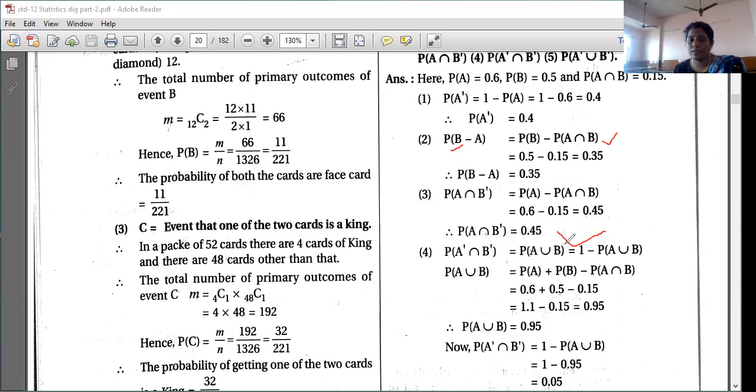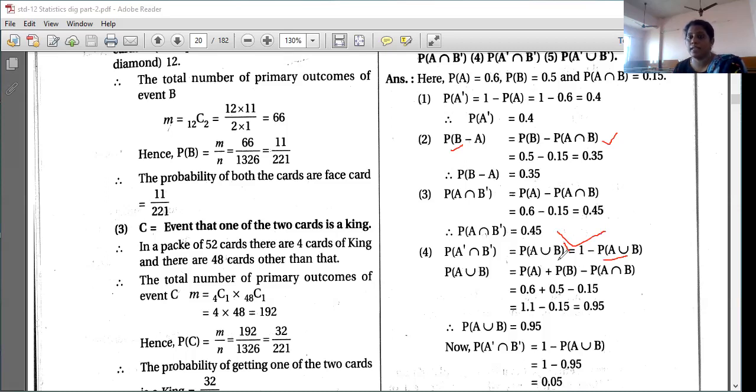Here the whole dash will come. Okay. So then 1 minus P of A union B. So A union B is not given, so first you have to find A union B, that is P of A plus P of B minus P of A intersection B. This is simple law of addition, and I told you in the last video that if any exhaustive or exclusive thing is not given in the question, then your formula of law of addition will be like this: P of A plus P of B minus P of A intersection B.